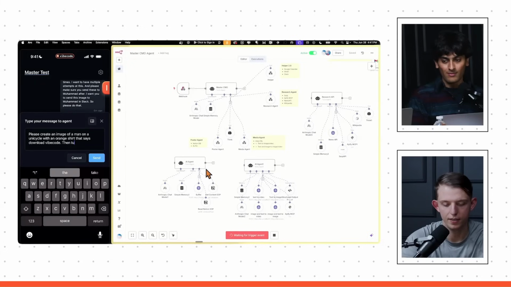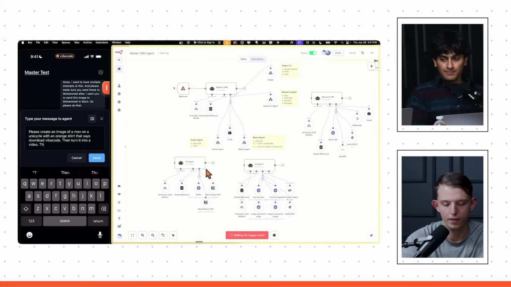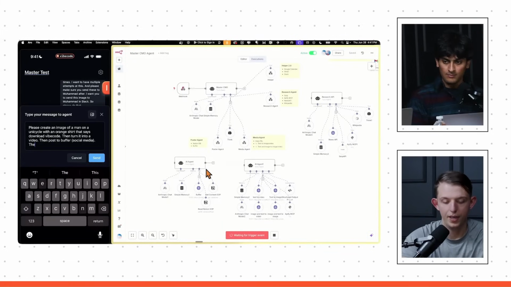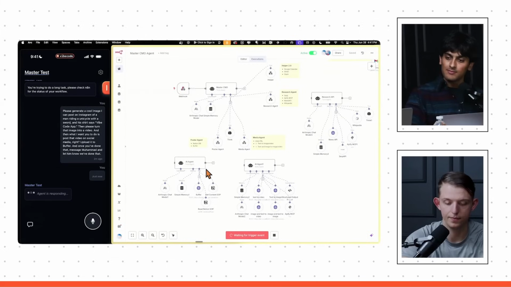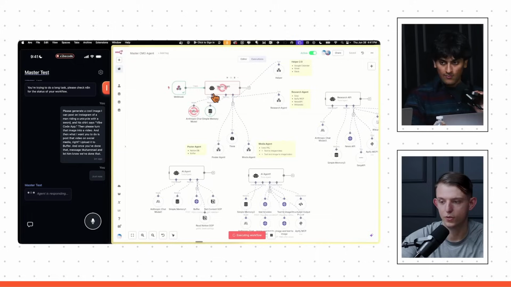Then turn it into a video. Then post to Buffer. Then message Muhammad when you are done. So we can use text to type that in, and we're going to hit send. As you can see here, it gets sent to our master agent.